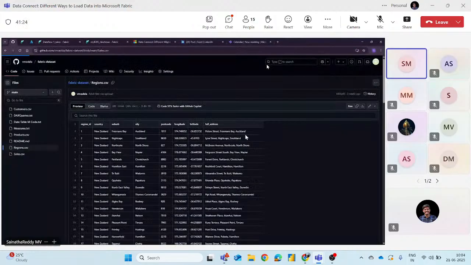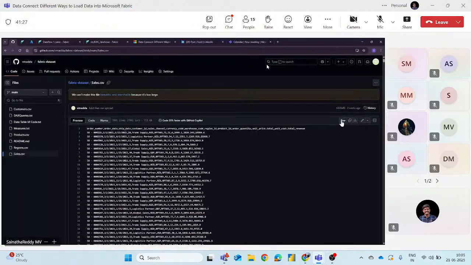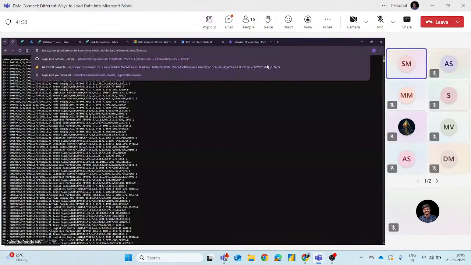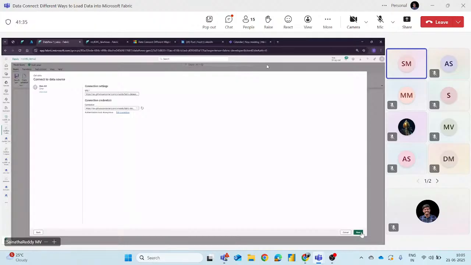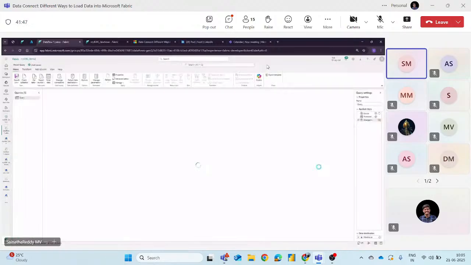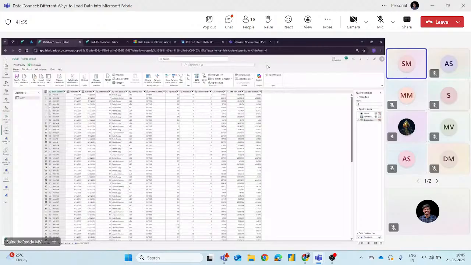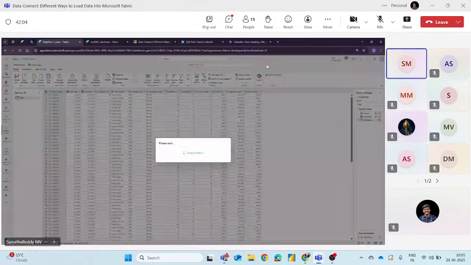Okay, this is the raw. Just copy paste. So we are connecting the web API, and it will load data into our warehouse now. From the warehouse, how can we bring it in? This is sales, and I'm just renaming it sales. Save and run. Now it is published and the refresh started.